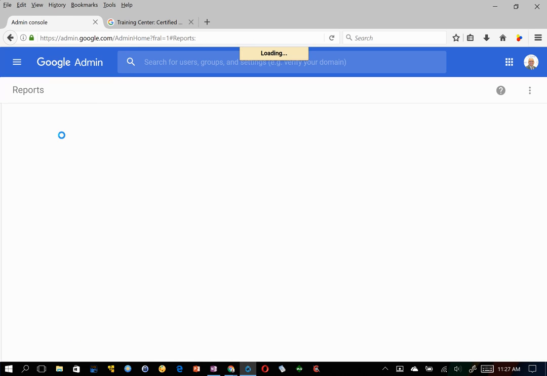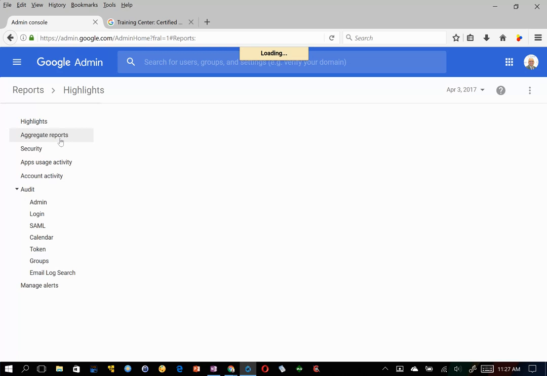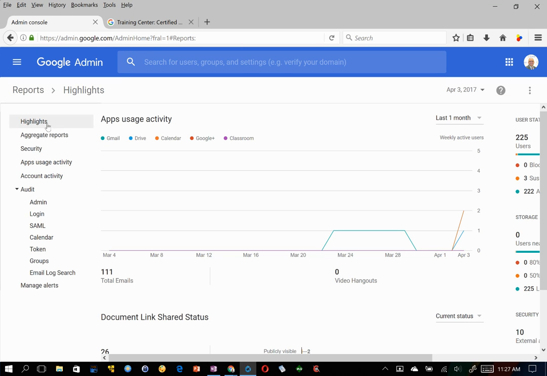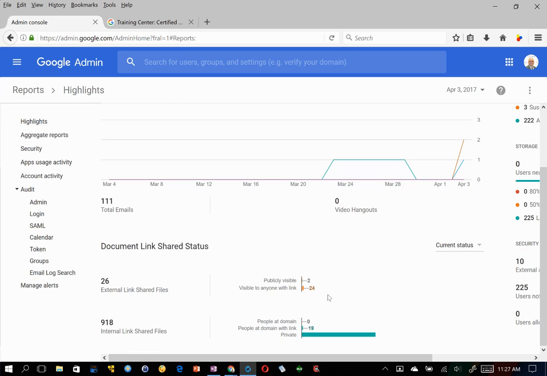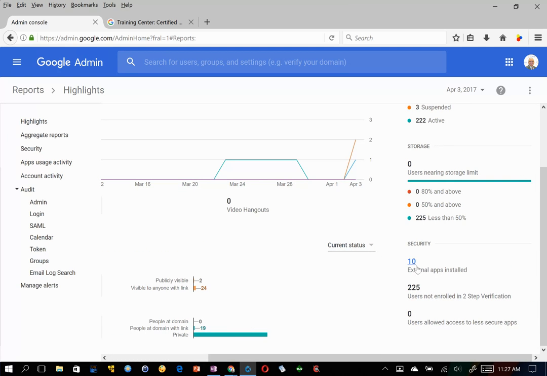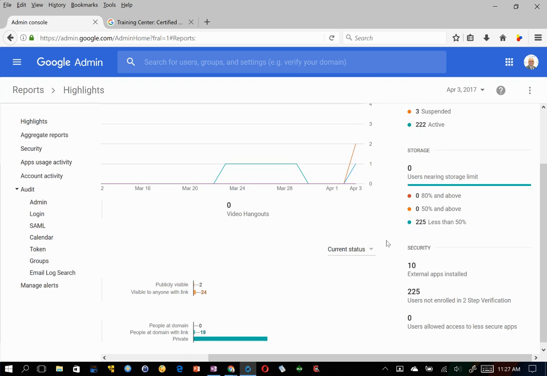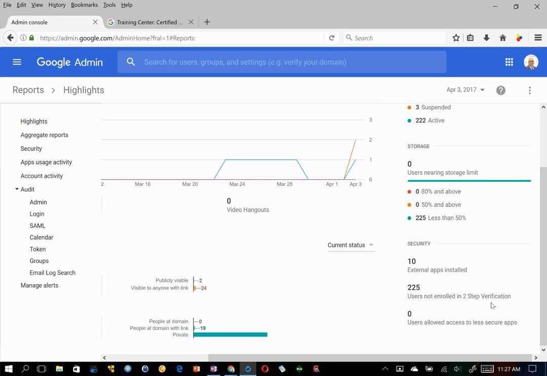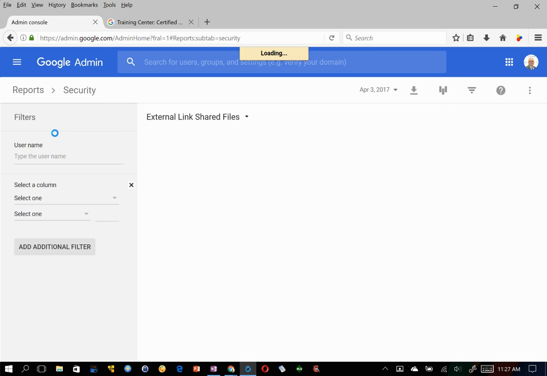One of them could be your reports. And as you can see here, there's just some of the highlights of apps usage. So here are some of your core Google apps, and you can see how usage is progressing, what users are nearing their storage limit. Of course, remember it's unlimited, so it's okay. How many users are taking advantage of two-step verification,